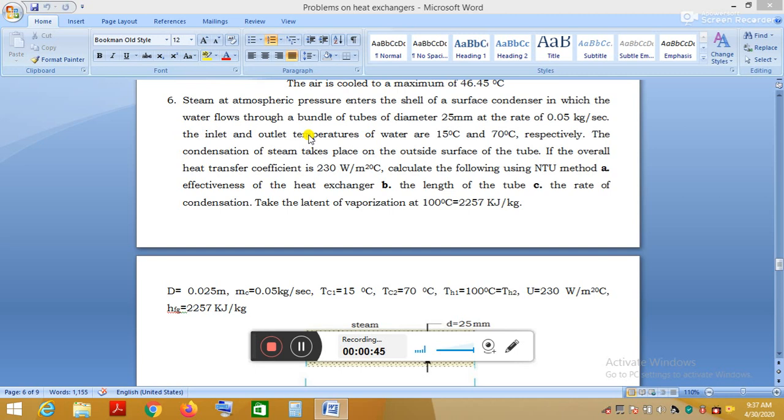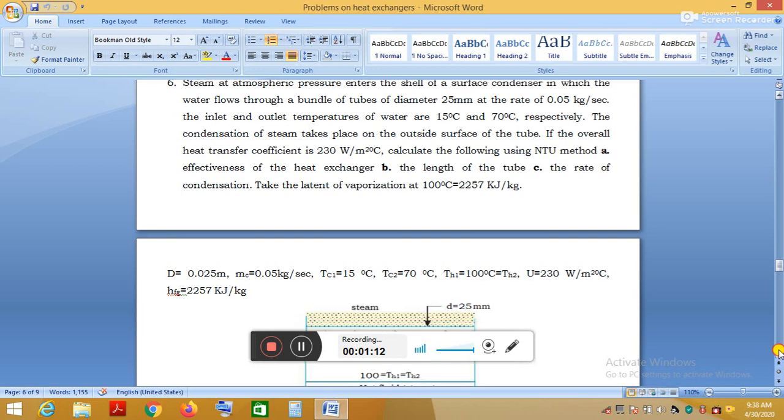through a bundle of tubes of diameter 25 mm at the rate of 0.05 kg per second. The inlet and outlet temperatures of the water are 15 degrees Celsius and 70 degrees Celsius respectively. The condensation of the steam takes place on the outside surface of the tube. That means what he has given is